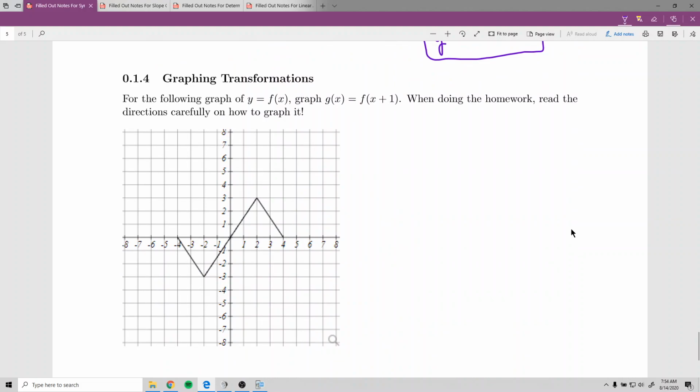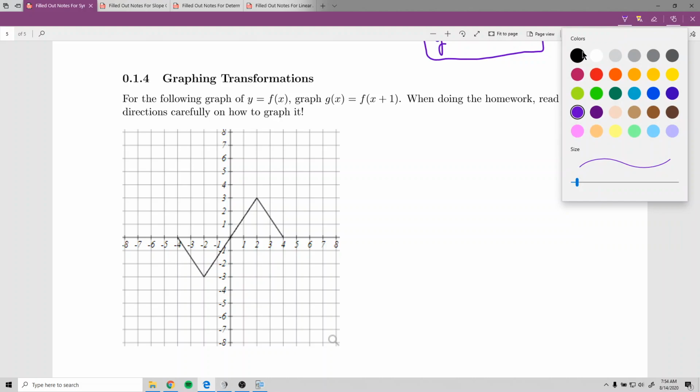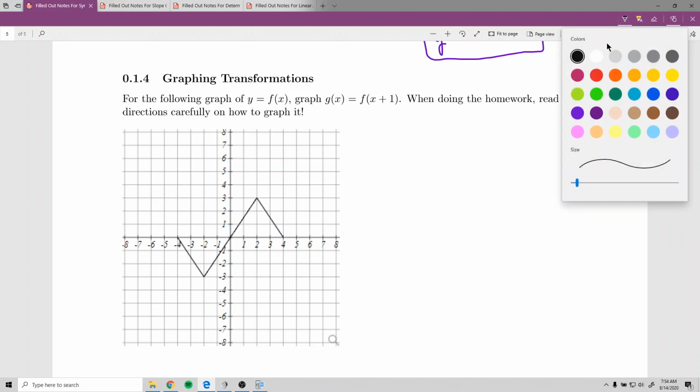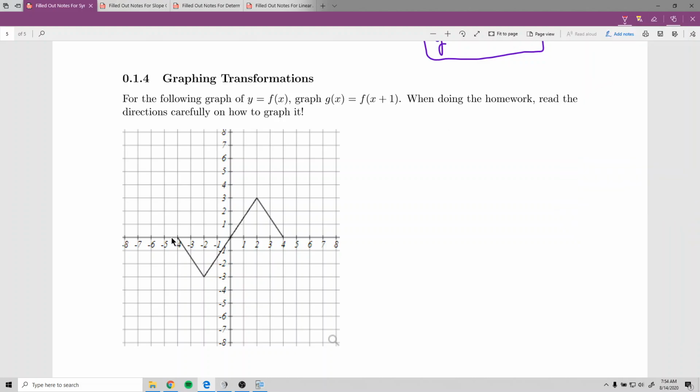All right, so the last thing is actually graphing graph transformations in the homework. The homework will tell you to be careful on how to graph it. And they're all set up like this. They'll give you a graph of something. This one has 3 line segments like this. And we want to graph g of x equals f of x plus 1. What is this telling us as far as our transformations? Well, replacing x with x plus 1